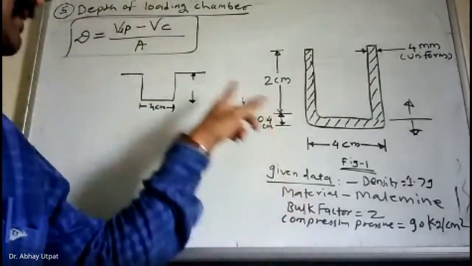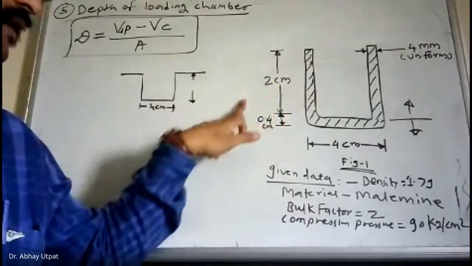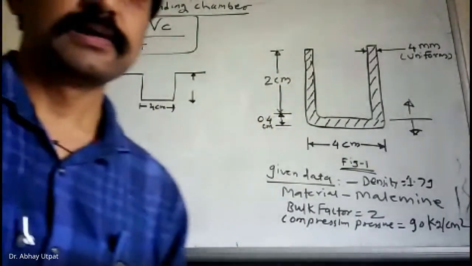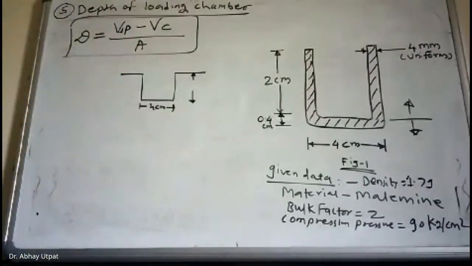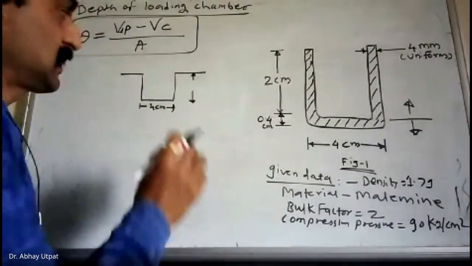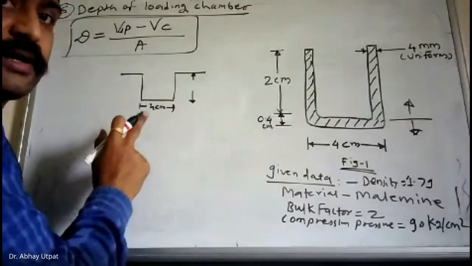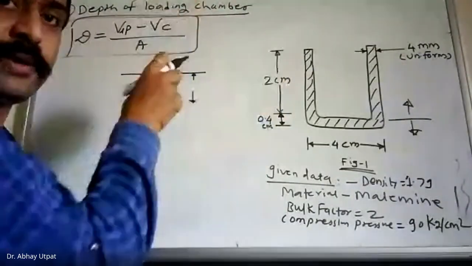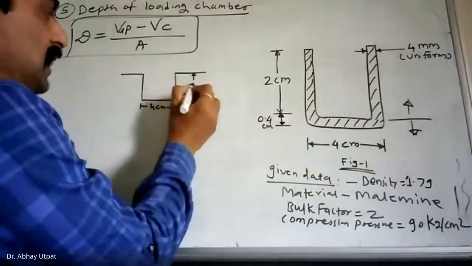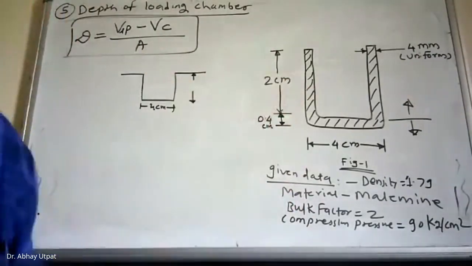Can you tell me what is this distance? Looking at the figure, looking at the part figure. Somebody put in chat box, those who are knowing. I am asking you, this is the value of the cavity we are calculating. In this cavity, your component will fit. Then tell me what is the height of the cavity required to produce this component.